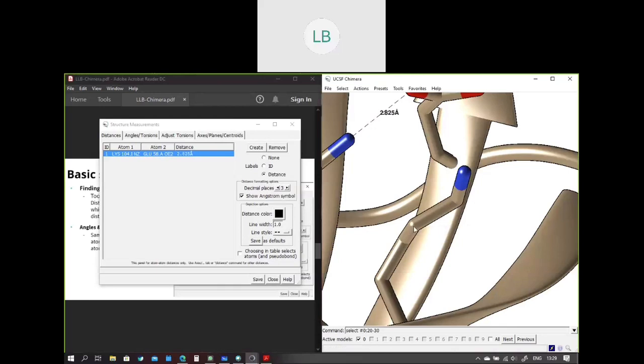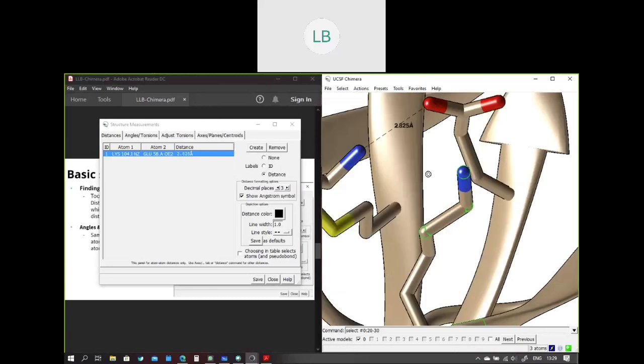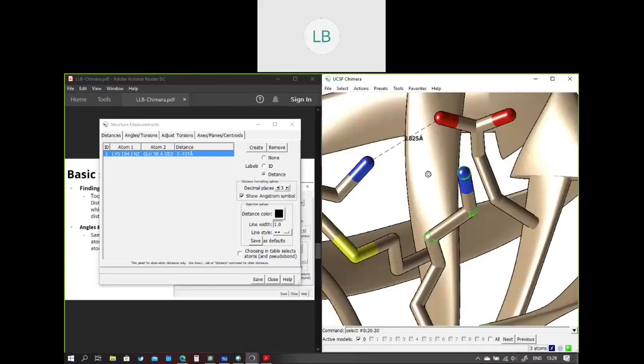Control select lysine 45 carbon, control shift select lysine 45 carbon and control shift select lysine 45 nitrogen. So I have chosen these three atoms, and now we'll go to the angle/torsion tab. I'll press create.